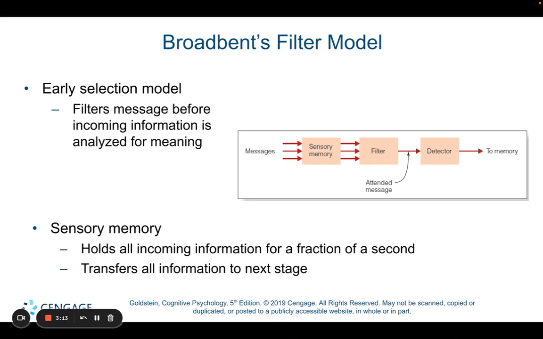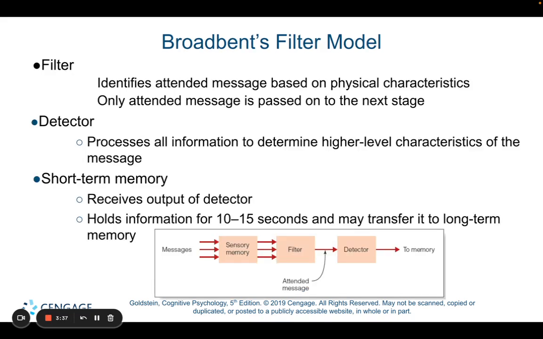According to Broadbent, we are able to filter messages that come in first through our sensory experiences. When we hear a message, we encode it based on our senses, and we're going to only hold that information for a very small period of time. That is whether we see, smell, touch, taste, or hear the message. Then, after we've taken the message into our senses, we filter the message and we identify the characteristics of the message that's being sent to us.